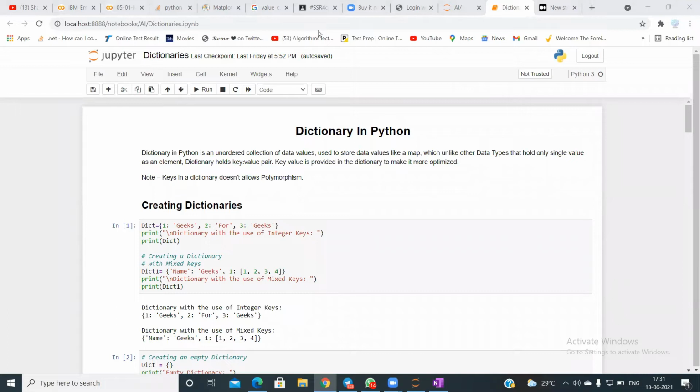So let me give you a hint here. There might be some situations when you're writing your code, or when you're in a project, where you need faster retrieval of information for your program.